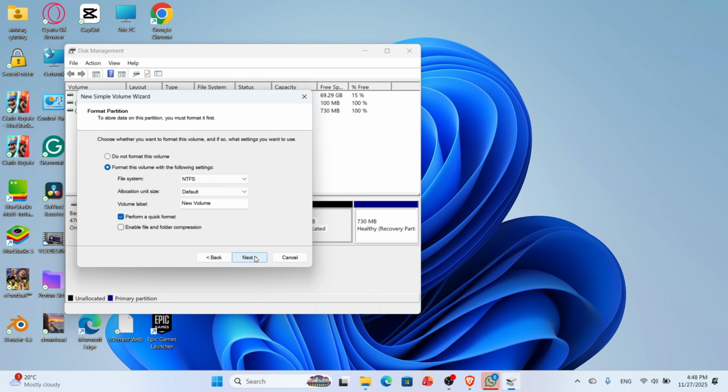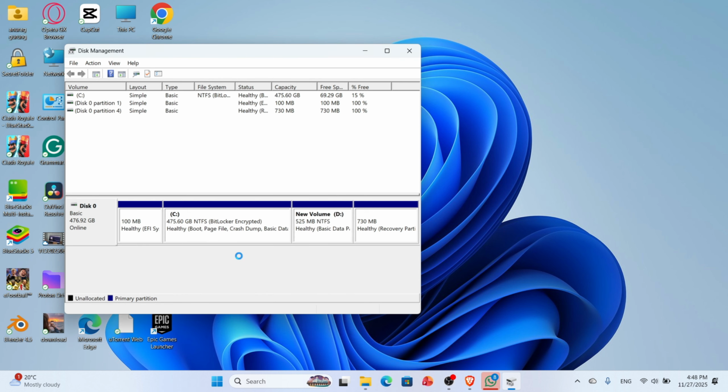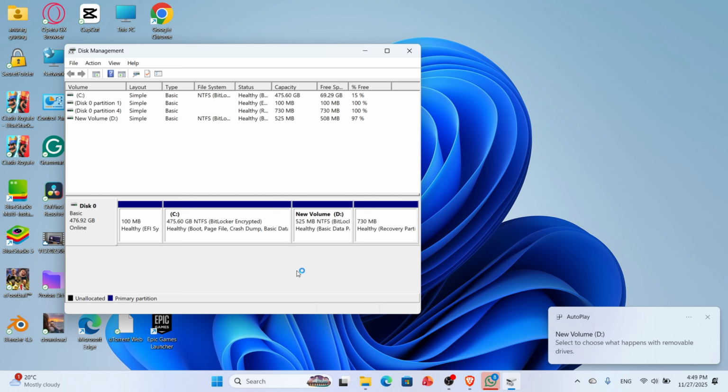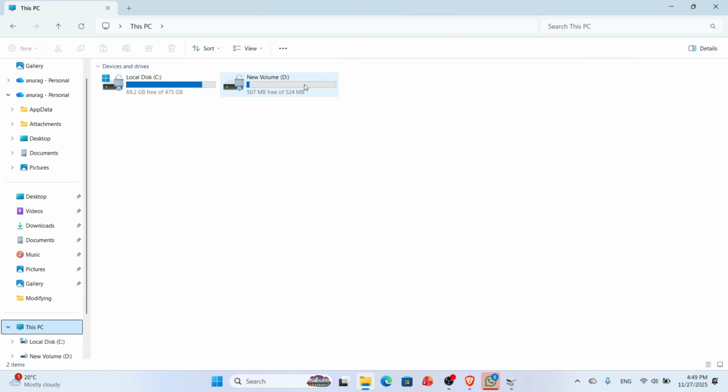next again, and here you can simply choose your format, and once you're done with it, you can simply click on next, and after that you can simply click on finish. And here, once you do that, it will verify the partition, and once you're done with that, you can simply go to the This PC section in the Windows folder, and here, as you can see, the new partition has been